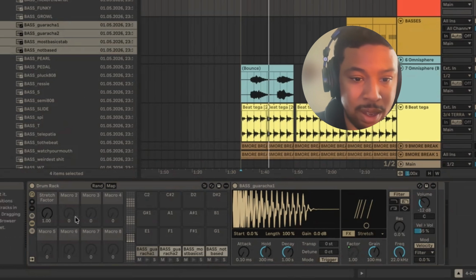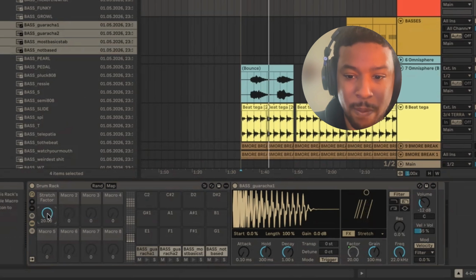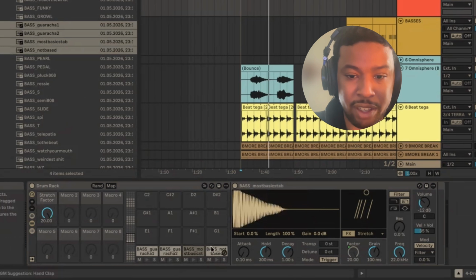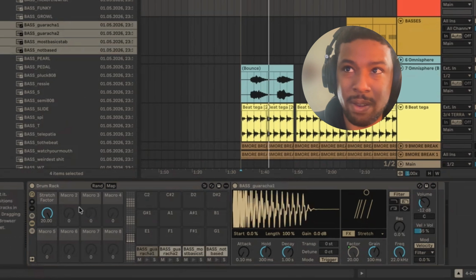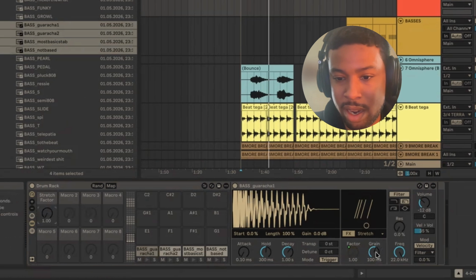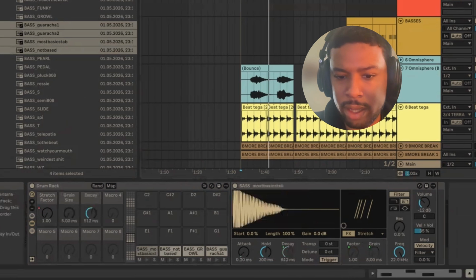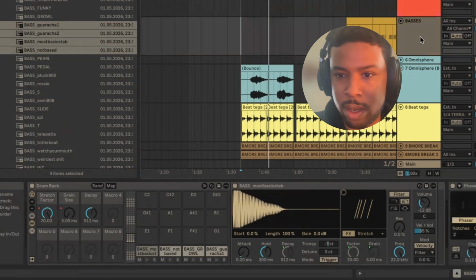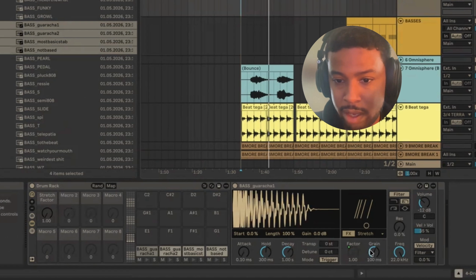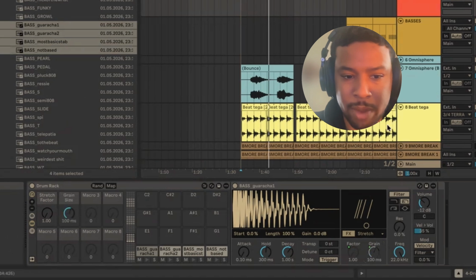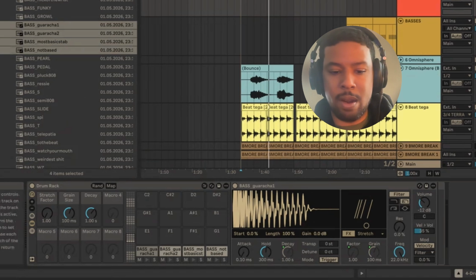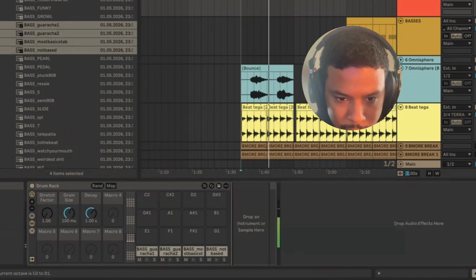Now it's mapping for each individual cell, which is super fun. And then I did the grain as well and the decay. Same process: map that to macro 2, map to all siblings, map to macro 3, and then map to all siblings, right? And so now when I play these,